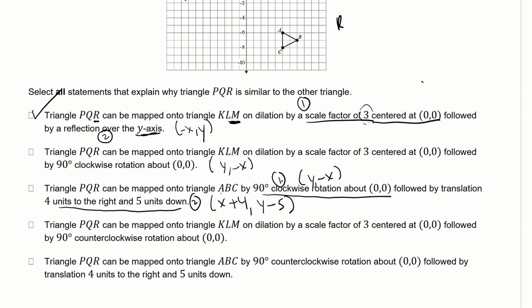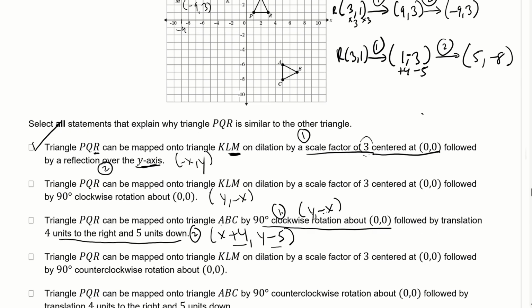So let's do that for R. R is 3, 1. If I do the first transformation there, I have to switch the coordinates y, x, and then put a negative on the second one. So it becomes 1, negative 3. Then I need to add 4 and then subtract 5. So plus 4 minus 5. So that turns into 5, negative 8. Now that is definitely not the same